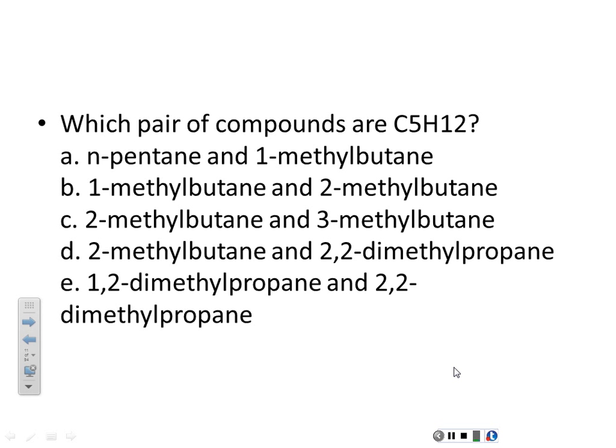Yeah, that's 1, 2, 3, it is not. So the second one, 2-methylbutane, that's possible. 2,2-dimethylpropane. Since I am not sure about it, let me write it down. Propane is 3 carbon. It's possible, correct? So D seems to be a right answer. Is it clear why? 2, 2. 1, 2, 3. 1, 2, 3. So that's possible. These both are right options.